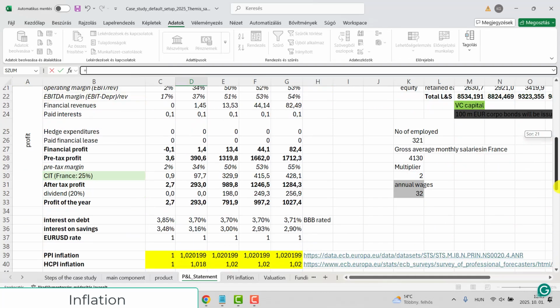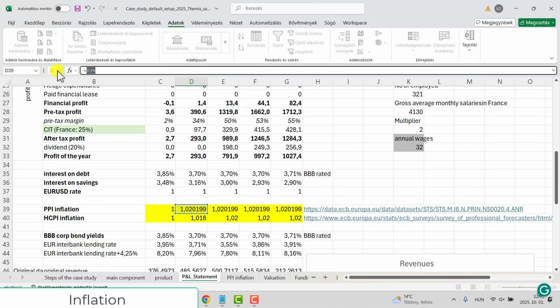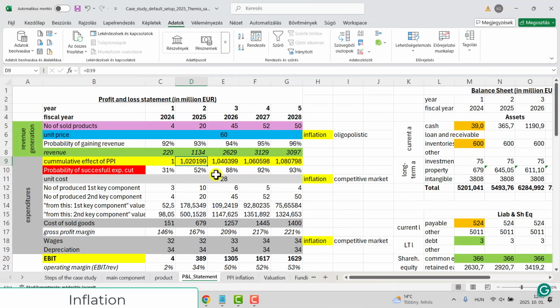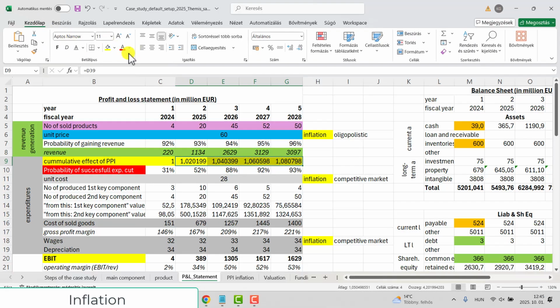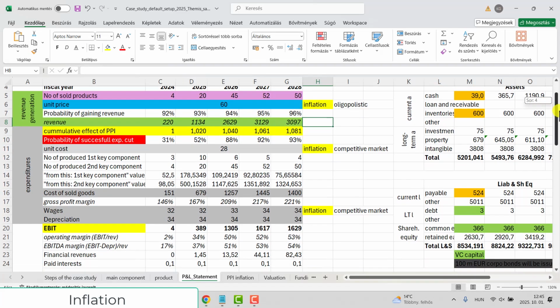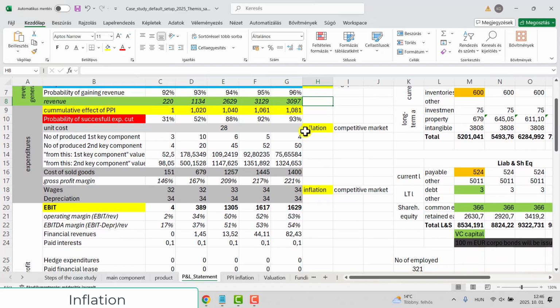Why it's not linked back here? So we have updated many things, and now we get completely the same numbers, but at least with higher sophistication. And so our revenues are increasing following the cumulative producer price index. Also our expenditures